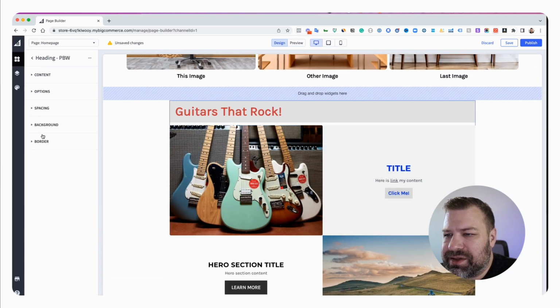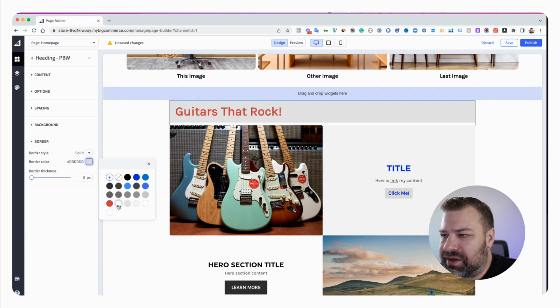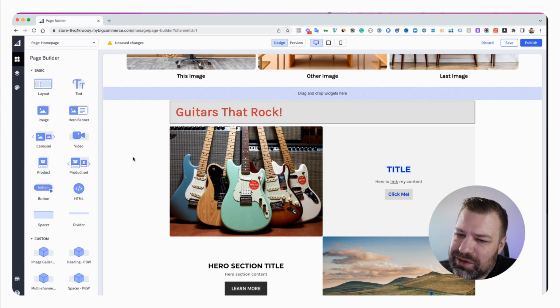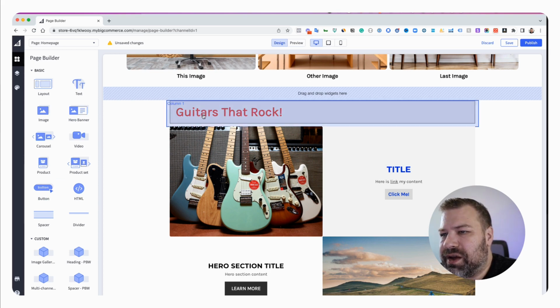That's the spacing tab and the background tab. The only one that's left is the border tab, where we could say give it a solid, maybe let's choose a little bit darker gray and give it like a 1 pixel or a 2 pixel border all the way around it. So if you want to do something like that, you can do all that stuff